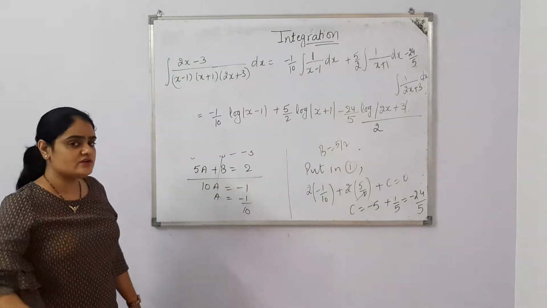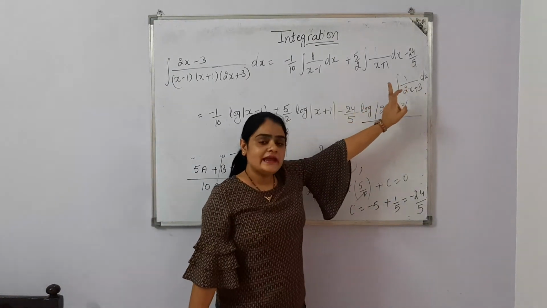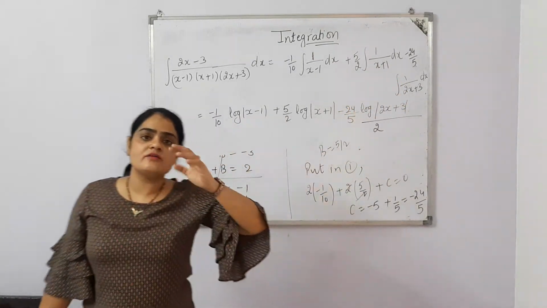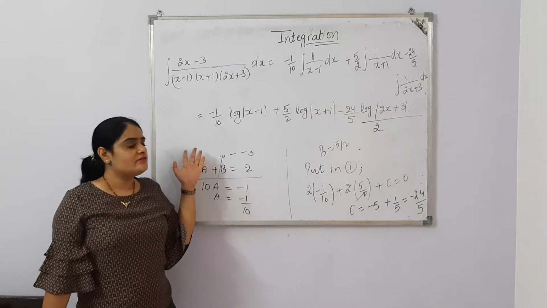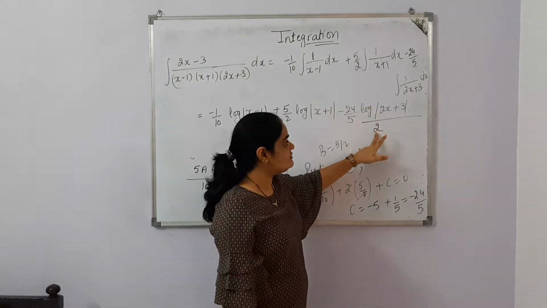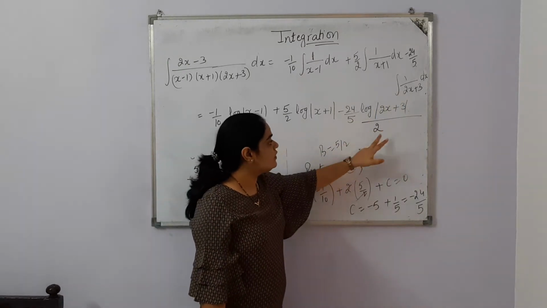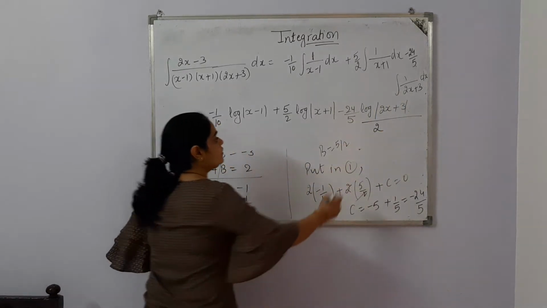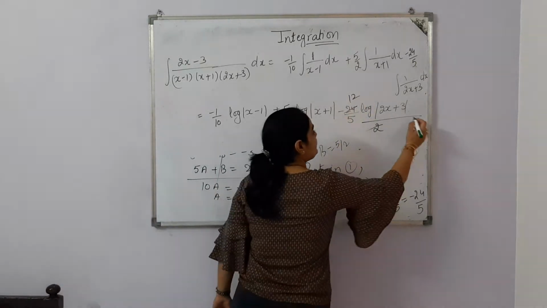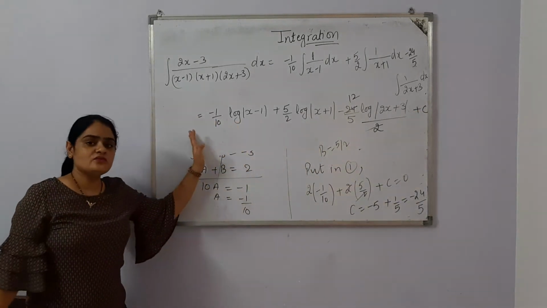What was the chain rule in integration? The chain rule in integration says that first of all, we'll integrate the very first function. Here the first function is 1 upon 2x plus 3. That is in the form of 1 by x. Its integration is log of x. We integrate the first function, and from the second function onwards we differentiate in the denominator. The second function was 2x plus 3. Its differentiation is 2, so in the denominator I have written 2. This 2 will cancel with 24, so it becomes minus 12 by 5 log of 2x plus 3 plus c. The constant term is c.